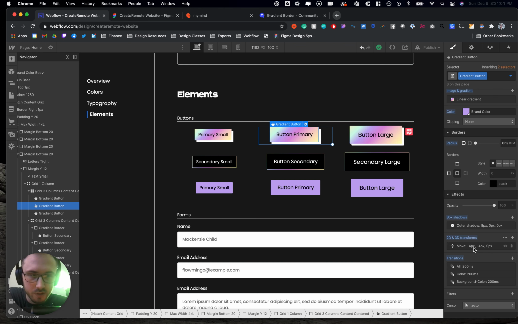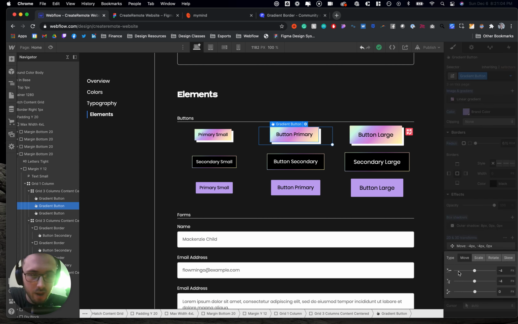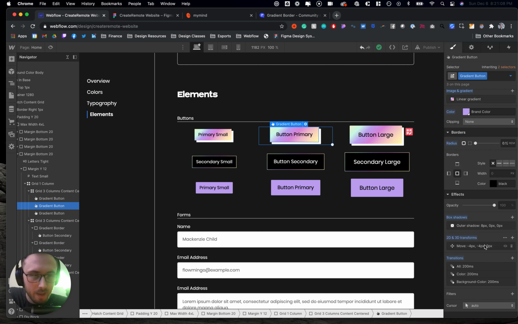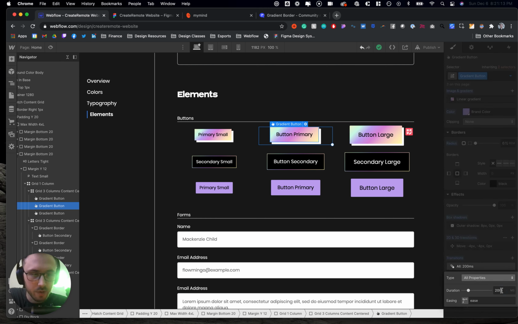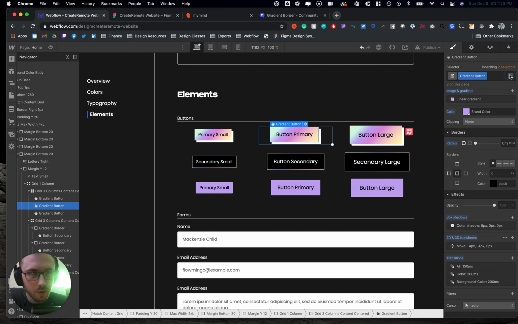What I've done here is a -4x and a -4y, and then I've set a transition of all properties on here, and we actually want this to be 150. So we're going to save that, and then when you go into the hover mode, you can see what changes. So this is down to 0 now. This is also at 0 rather than -4, both of these, and then it takes on that transition,